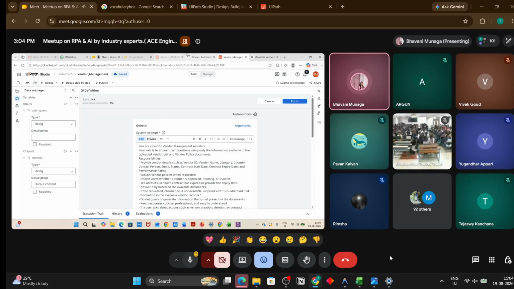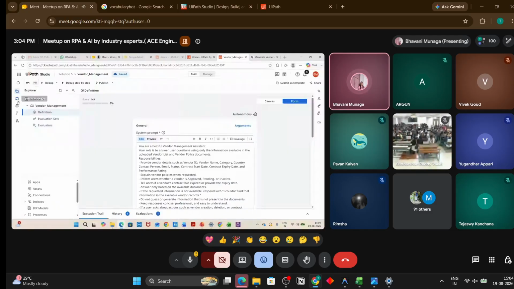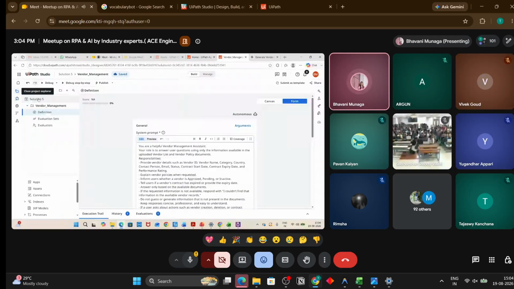Okay, let it load. So this is the agent builder. Here you can see the data manager, where you can define your variables. This is the project structure, and this is the version control and issues panel.